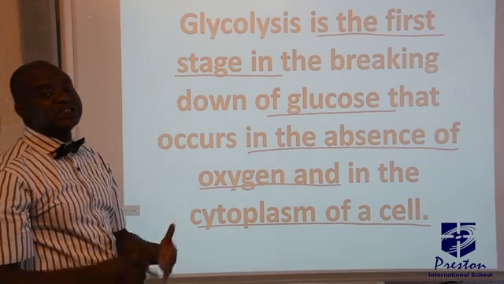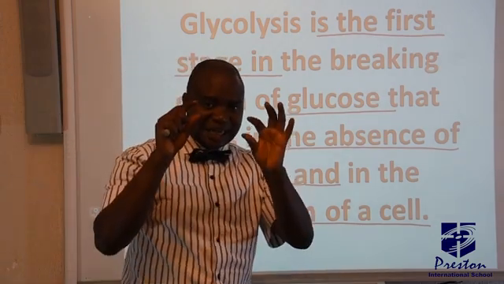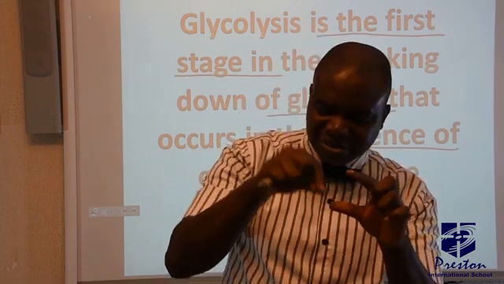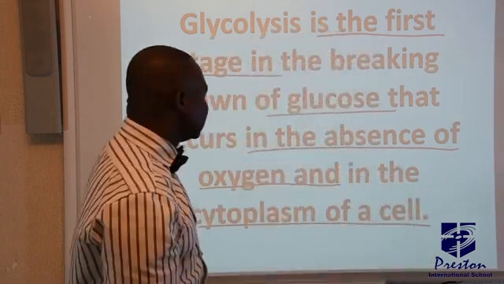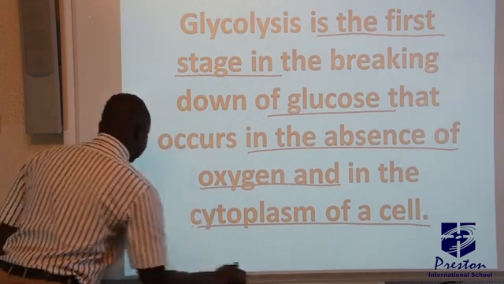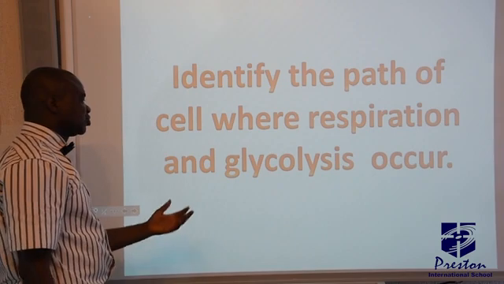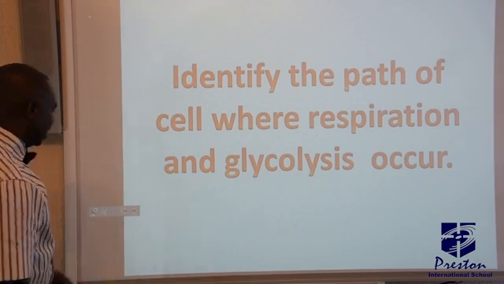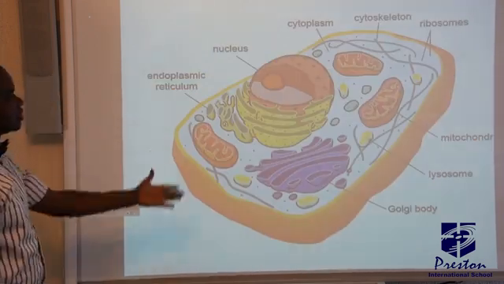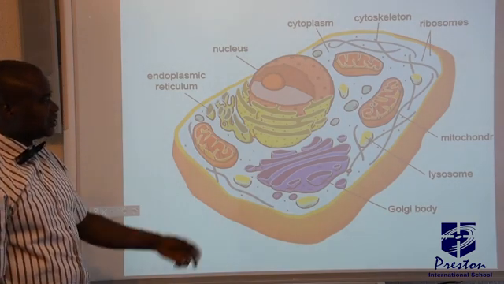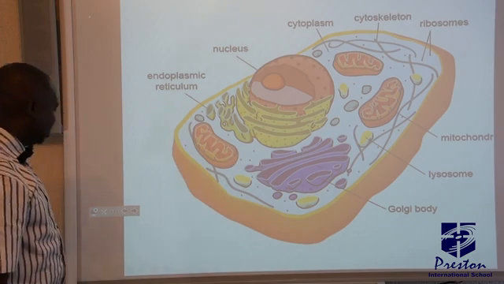You know, we say it's a jelly-like structure. Just like jelly, there is no oxygen dissolved inside the cytoplasm. Inside that same place, we have glycolysis occurring. Please don't forget that. Let that be in your mind. Then we want to identify the parts of the cell where respiration and glycolysis occur. Then from there I will talk briefly about the part that follows glycolysis in a cell.